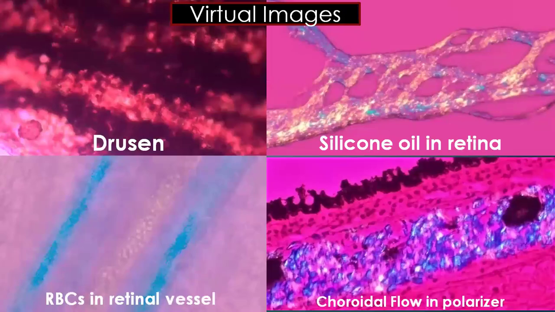See the drusen under polarizer. See the silicon wells in the polarizer. And I think Rupesh will be excited to see this photograph. Actually, RBC in a retinal blood vessel is picked up by the polarizer. Why is it important? Because